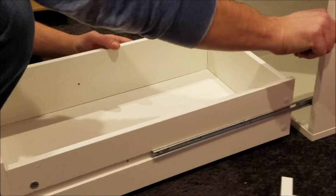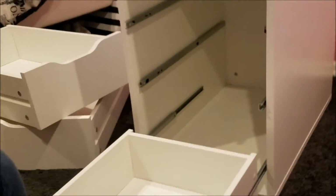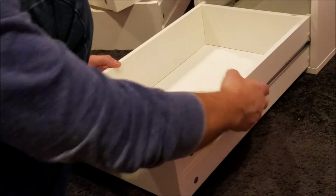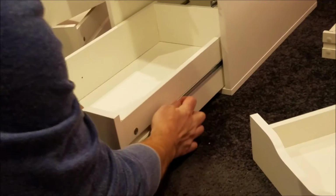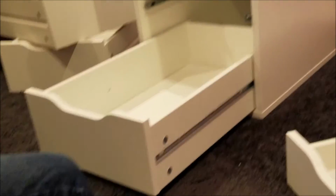First thing you need to do is you need to slide out these rails. So we're going to take them, you slide out the rails all the way because there's a screw that holds the drawer in so you don't actually pull it out too far. So we need to line up, slide this all the way forward. This is going to get slid all the way forward there,